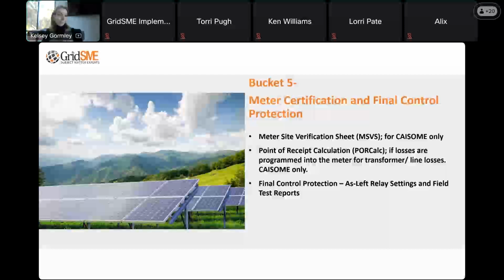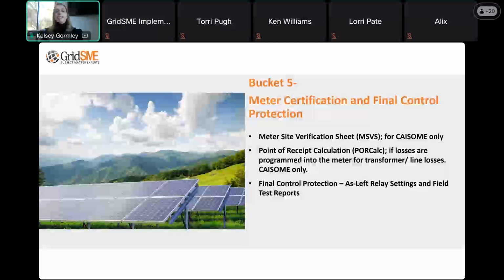They are not factory acceptance test reports, they are field reports. This is essentially intended to let CAISO know the end state of the resource from a control and protection perspective. It's the as-left settings for that resource.